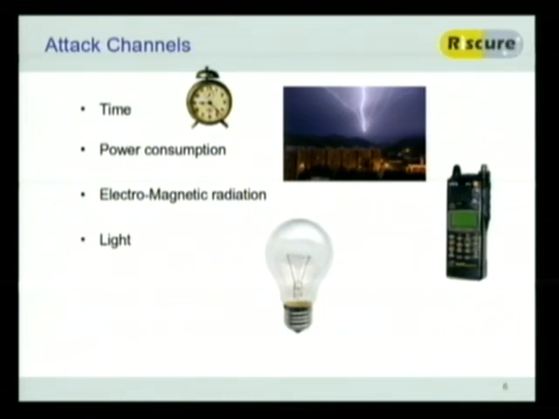Light is another attack channel. Until a couple of months ago, I thought that this would only be an active channel, like you can fire lasers at something and it will change it. But then I read something about picosecond analysis of light as well. Apparently a chip is also sending out light. It's a few photons every 10,000 switches of a transistor, but with certain equipment you can actually see a chip working. We don't have the equipment for that in our lab, unfortunately, but it sounds pretty cool.